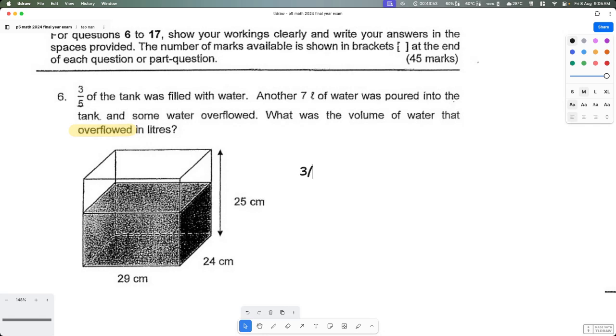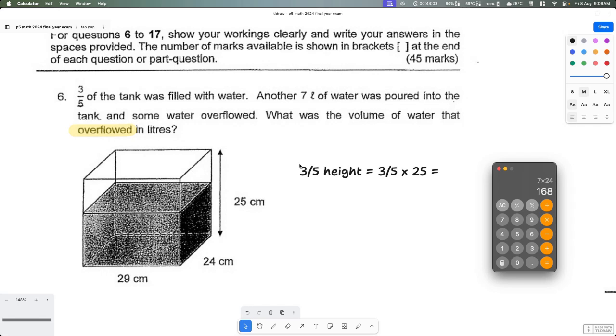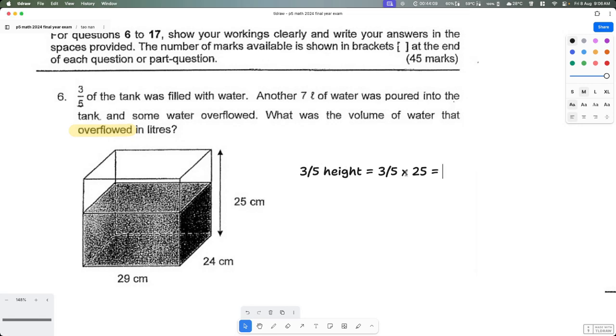We want to get the 3/5 height, which is 3/5 times 25. 3 divided by 5 times 25 is 15 centimeters. So the volume of water at 3/5 height is